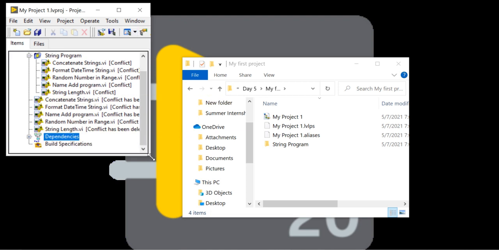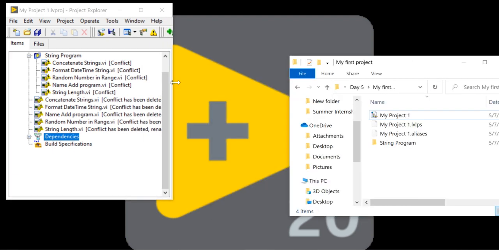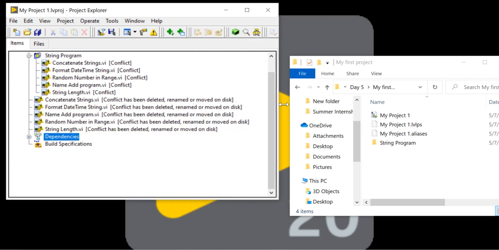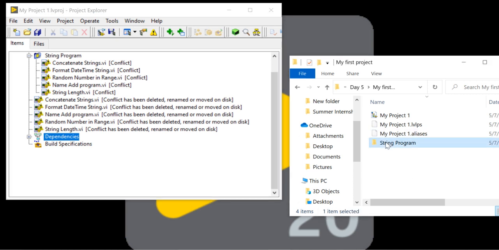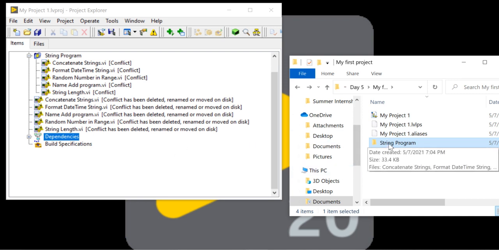Now you can see two kinds of files are present here. Why? Because earlier all those files were outside of the folder.